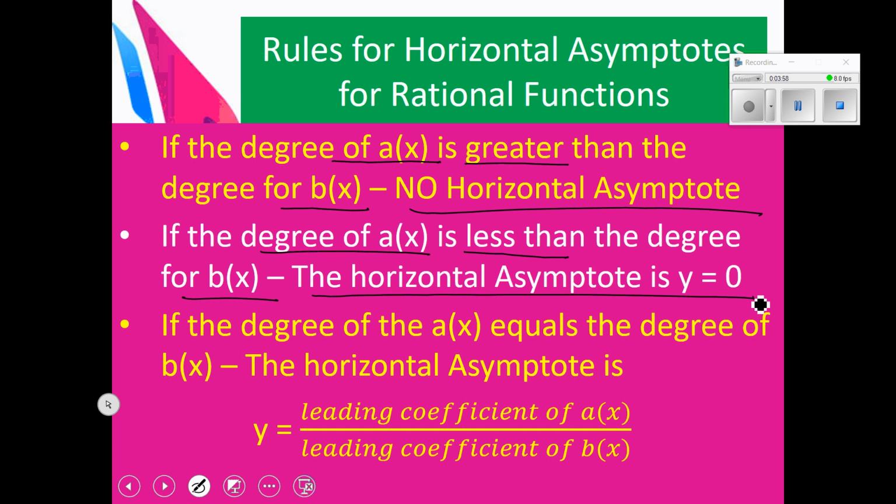If the degrees of the numerator and the denominator are equal, then it's their coefficients. It would be the leading coefficient of the numerator divided by the leading coefficient of the denominator. Okay, so hit the pause button and finish copying this down, and